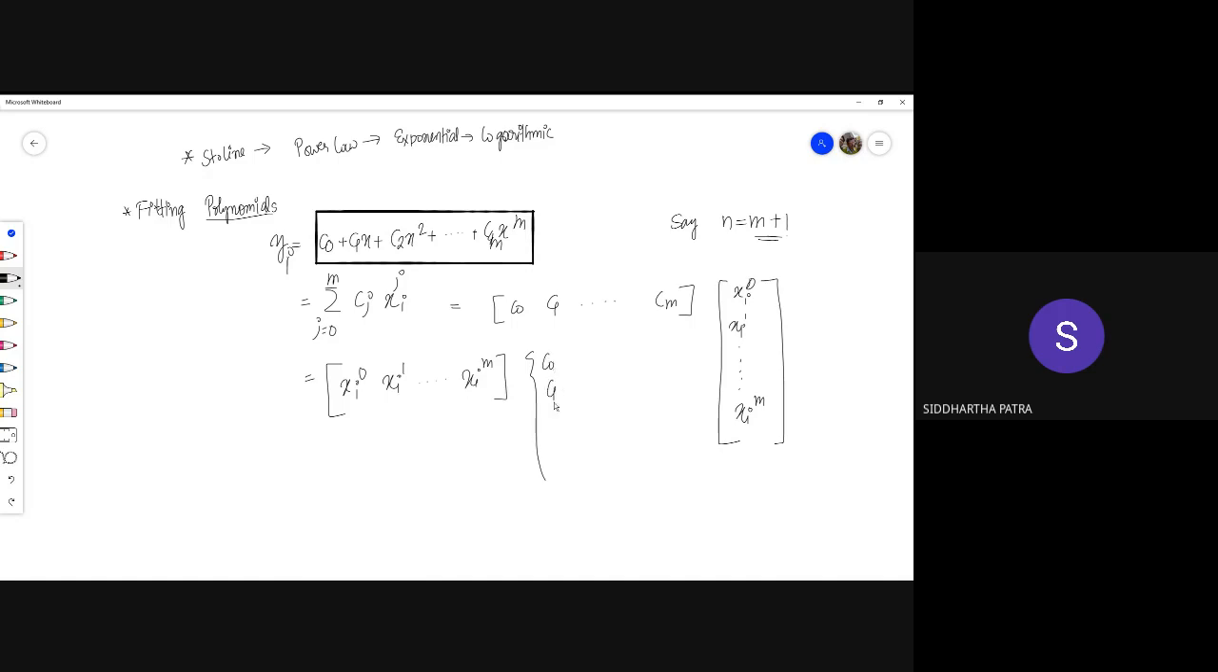Multiplying C0, C1 up to Cn. Now, when you write this expression like this, you get to write something like this matrix and vector format, where this quantity y vector is basically y1, y2 up to yn, and this c vector is a coefficient vector which is c0, c1 up to cm,